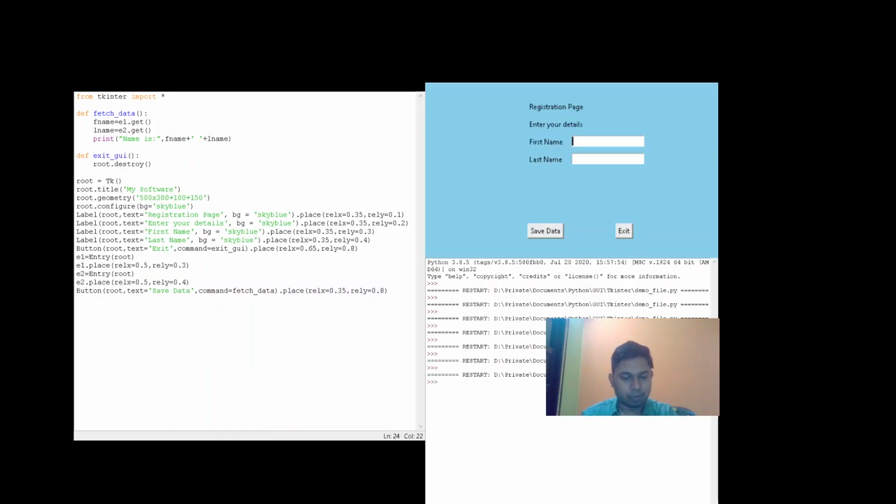So first name I'll put as Anirban, second name I'll put as Dasgupta. You can put any name. As I press save data, you can see that the entry widget has passed the data to the variables fname and lname respectively.